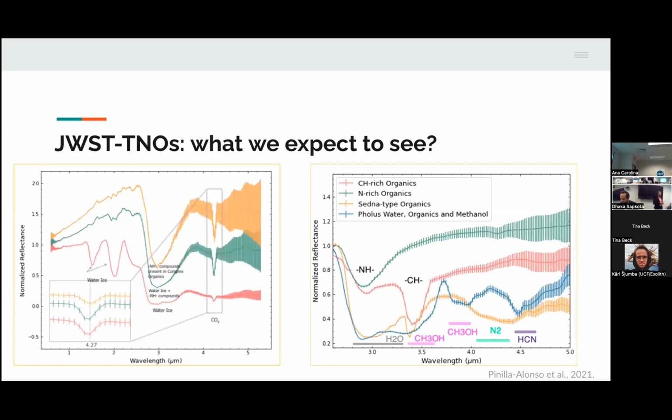And what we expect to see. So those are synthetic spectra of materials and the signatures that should be observable in the resolution of the capabilities of NIRSpec. So we have here the 3 microns absorption band of water ice. And we also have here at 4.27 the signature of CO2. Here after 3 microns, we have a lot of materials that are very active. So we hope to find signatures of those materials and also of new materials that we don't know are